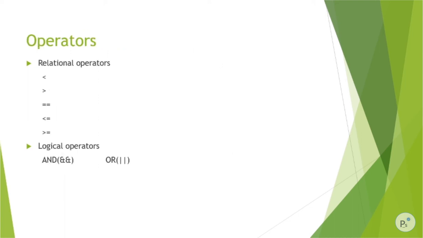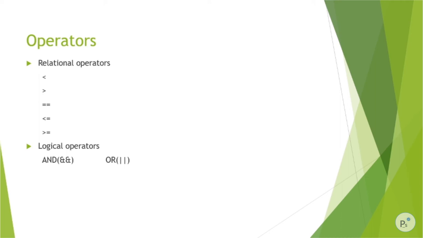So there are two other kinds of operators: relational operators and logical operators. Relational and logical operators are mostly used in if-else statements. When we talk about if-else, we will cover all these relational and logical operators in practical ways, so you can understand them better. So let's understand this only on the surface, without going deep.